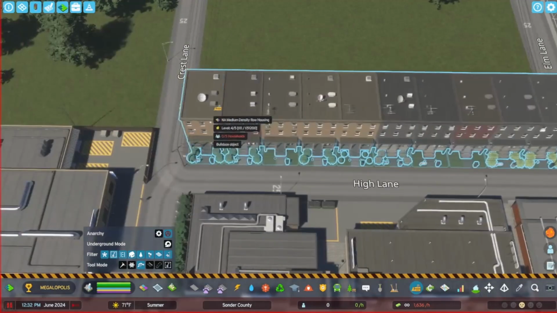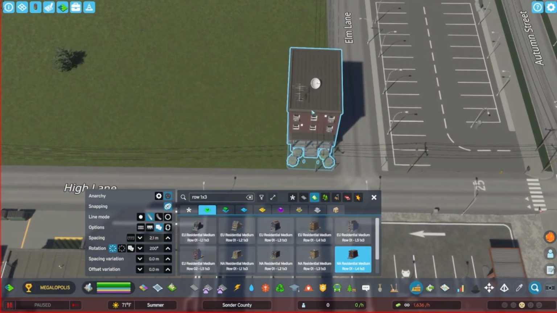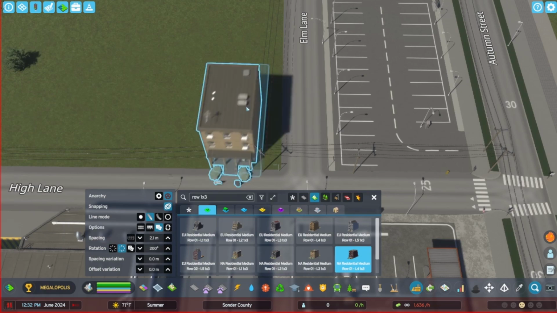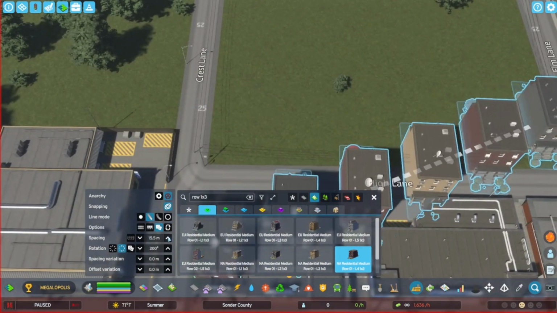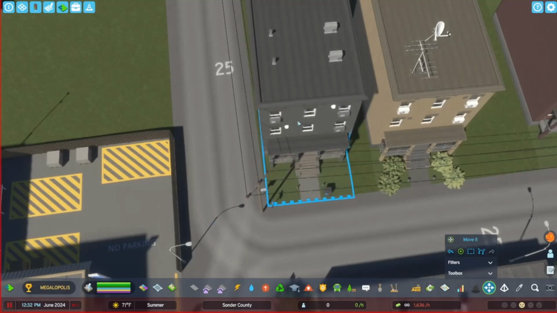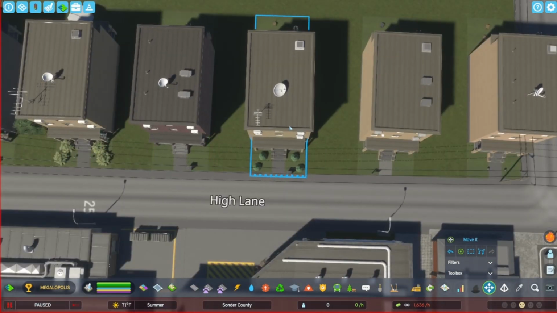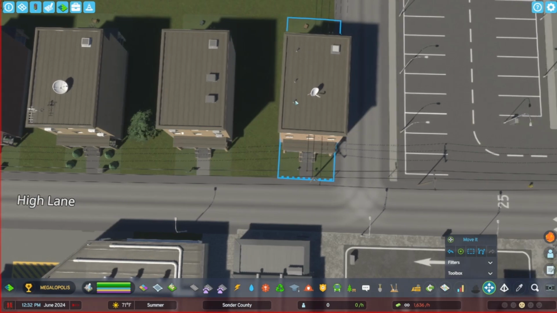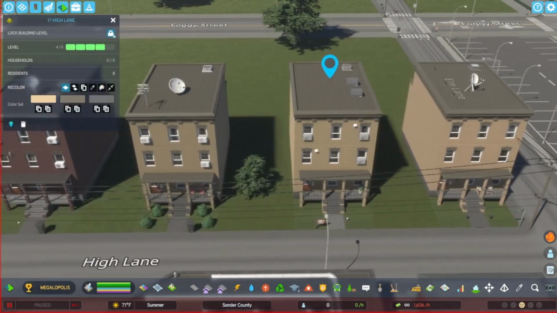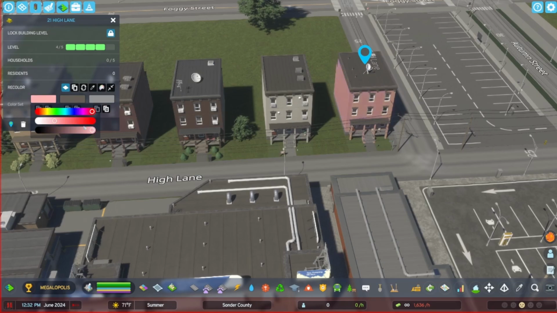I don't really know. And then this was the only dense area of town. This will probably be the only dense area of town, maybe a small apartment complex, but I used the line tool to create it, and you're gonna see why this is stupid, why it's a little silly that I used the line tool to do this when I could have just plopped them down on every other building and I would have gotten the exact same effect. So I'm actually gonna end up doing that later in this episode, but